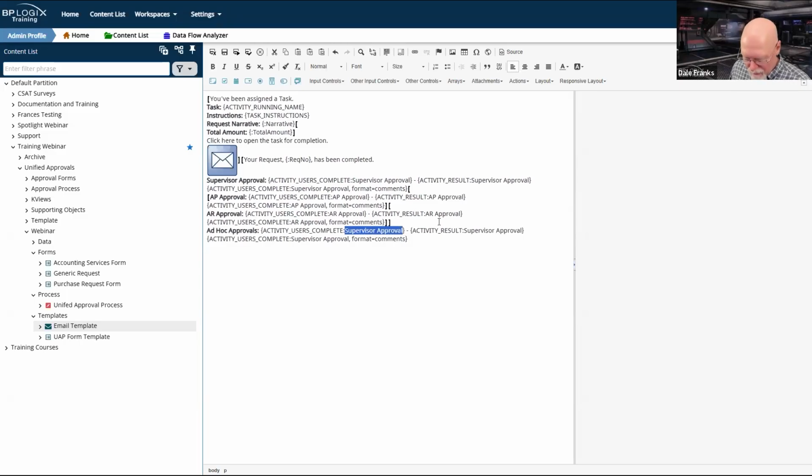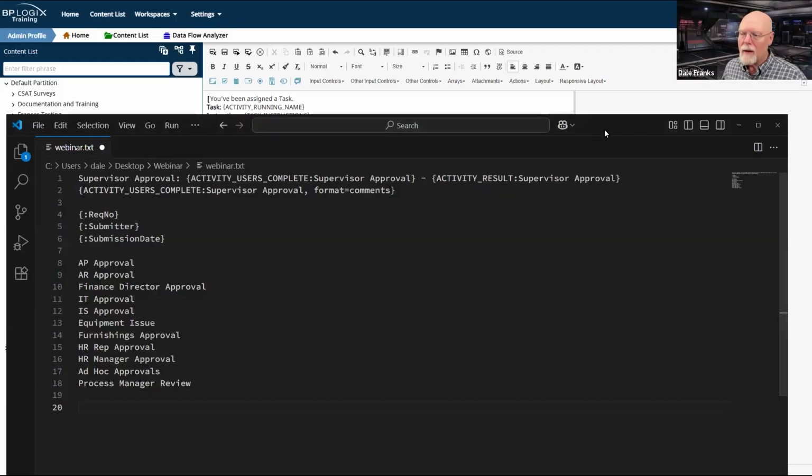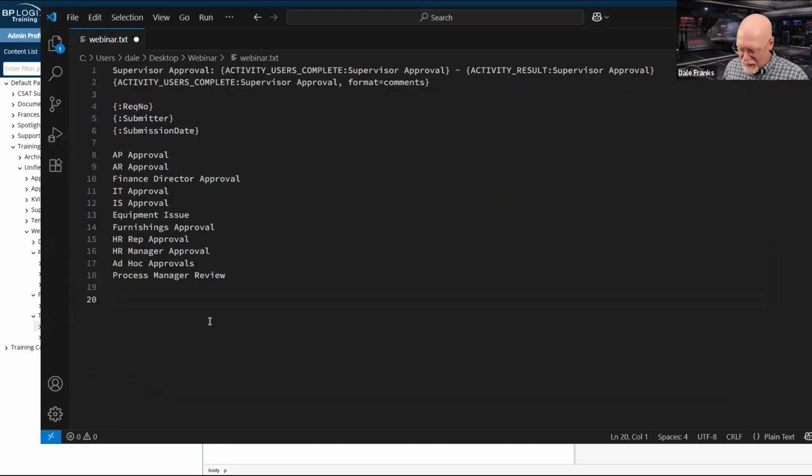And so I'm going to replace it in all of these so that we can see what the results, comments, and participants are for ad hoc approvals. But what is going to happen here? It's going to be a little confusing. What the text of the email will look like will be something like this if we have reset it to allow every ad hoc approver has to participate and complete. In other words, every ad hoc approver is a mandatory approver.